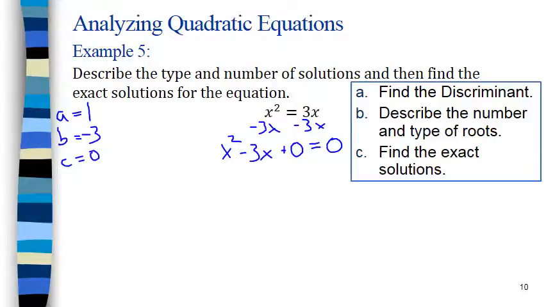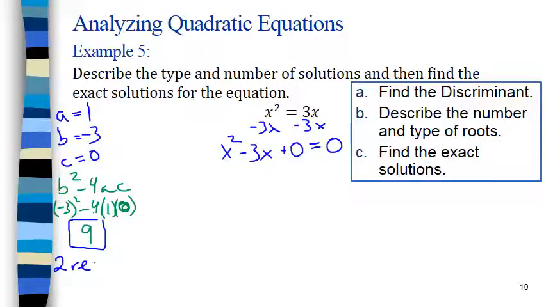So let's go ahead and find the discriminant first. So b squared minus 4ac. So b is negative 3 squared minus 4 times a times c. Well, anything times 0 is going to be 0. So negative 3 squared is just 9, so my discriminant is 9. Since it's a positive discriminant, I have 2 real solutions. And now I can go ahead and find the exact value